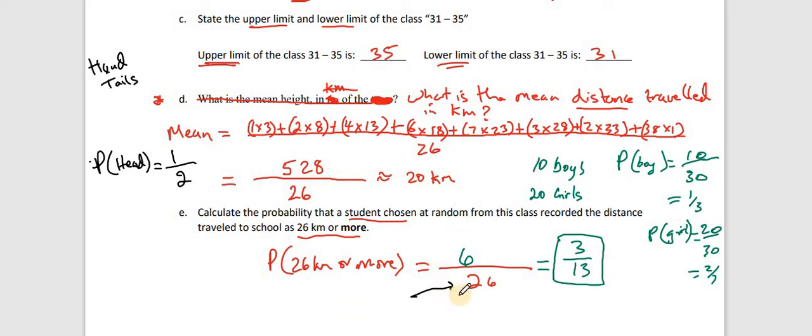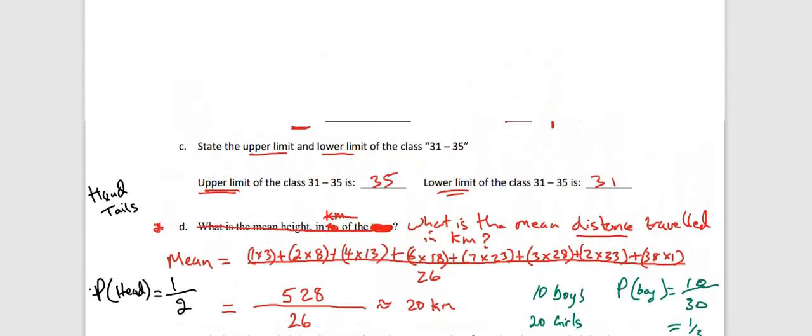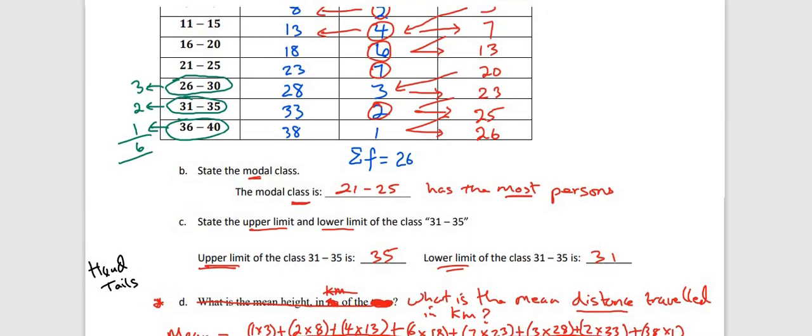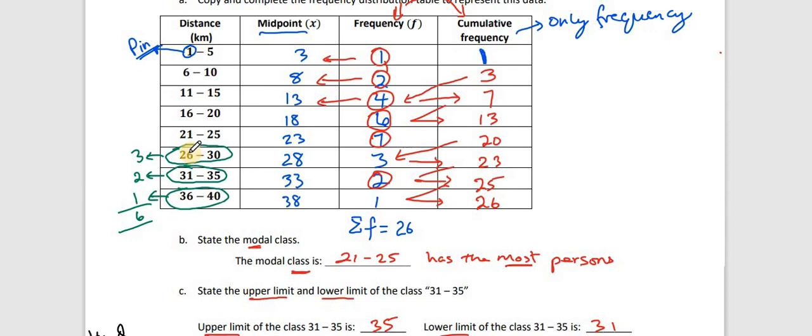If you close your eyes and select one, you could select any of the 26 students. So that's 26 possibilities. But how many of the 26 students traveled 26 kilometers or more? We have 3 students who traveled from 26 to 30 kilometers, 2 students in the range 31 to 35, and one student who traveled 36 to 40. So all these students, 3, 2, and 1, that is 6 students,